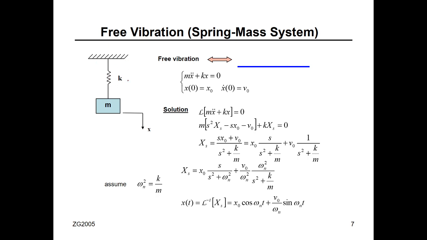in this example, first of all, draw the free body diagram in order to derive the equation of motion. Assume it's a free vibration. What does free vibration mean? No external force. And also assume x, the displacement x, is measured